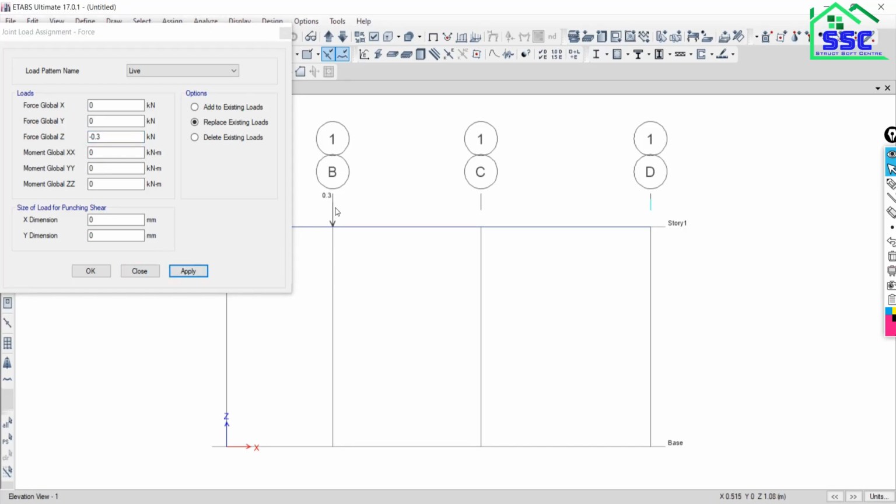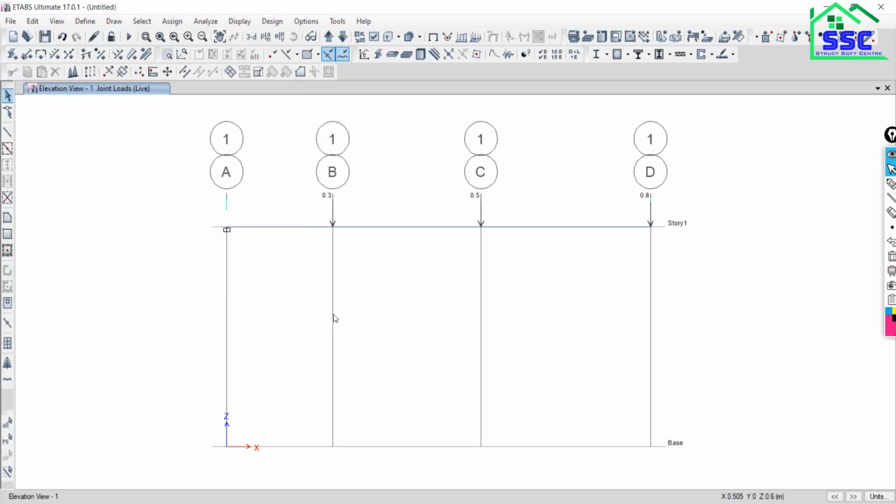Apply. As you can see, 0.3 kilonewton in the vertical downward direction is applied to the joint. Again, one joint is selected. Go to Assign, 0.5 kilonewton, apply. Select the joint, 0.8 kilonewton, apply. So all the loads have been assigned to the joints.